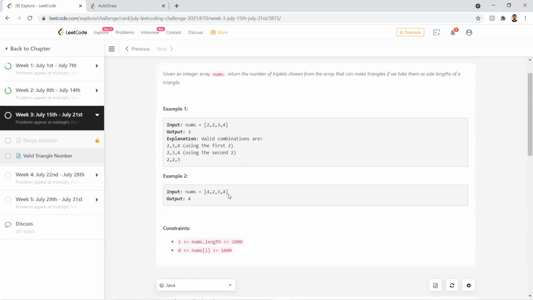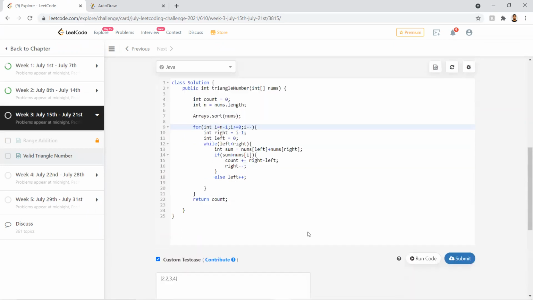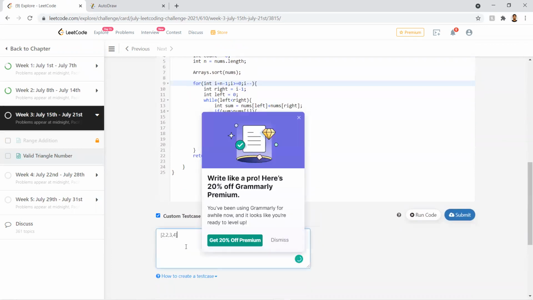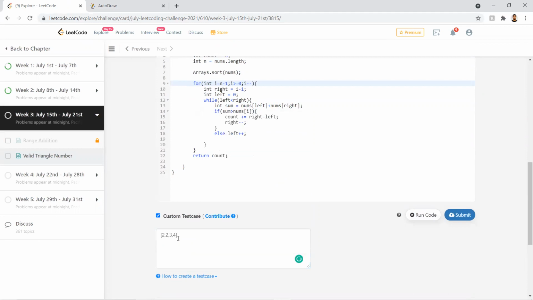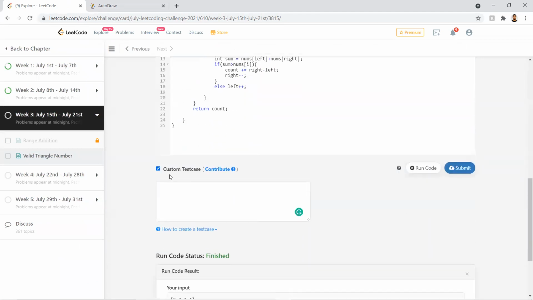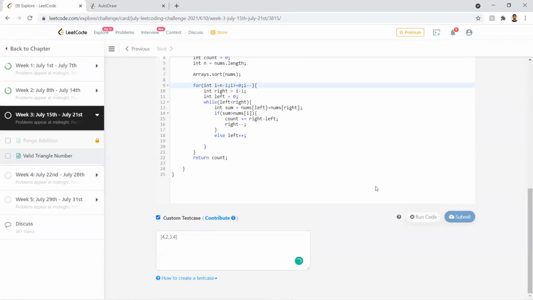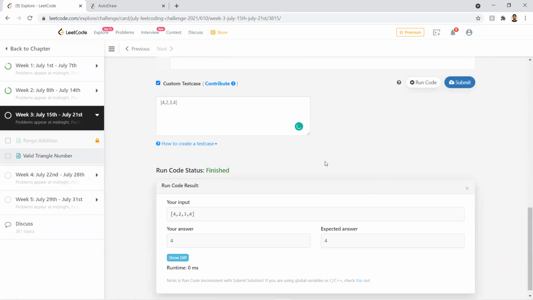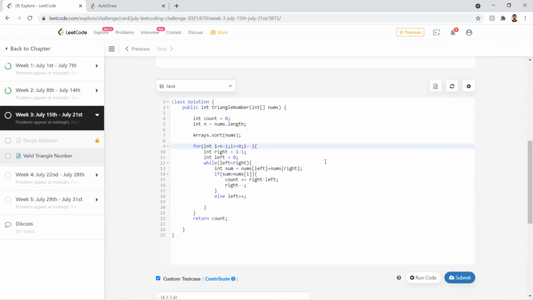Let us check for this test case. The answer should be 4. Okay, so we are getting the output as we expected.